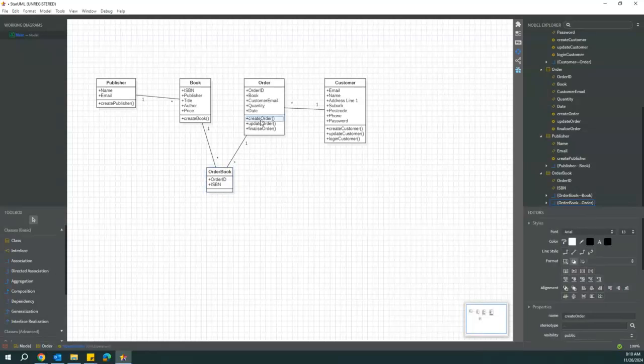So each order can appear multiple times within our order book combination, right? Because if order one has 10 books, it'll be order one, this book, order one, second book, so on. But each order book instance only has one instance of the order attached. So we now have a system that is fully connected with one-to-many relationships, which now means that we are ready